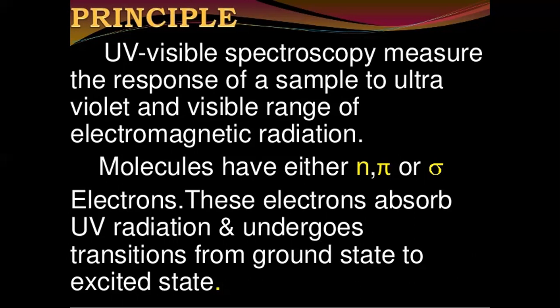The energy here is more and the wavelength is less in the UV region. So the energy associated with the UV region is high and therefore electronic transitions take place. Whereas in IR, the energy is less and the wavelength is increased, so vibrational and rotational transitions take place in the molecules. Coming to the microwave, the wavelength is increased and the energy is still decreased, so you can observe only the rotational spectra in the microwave region.